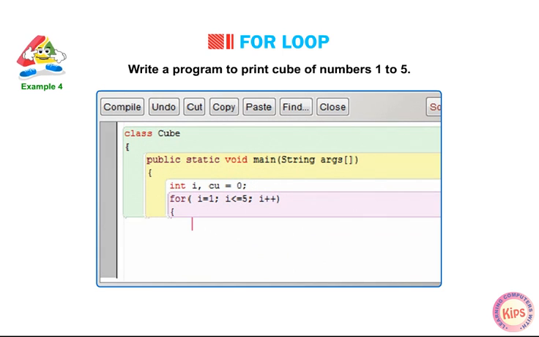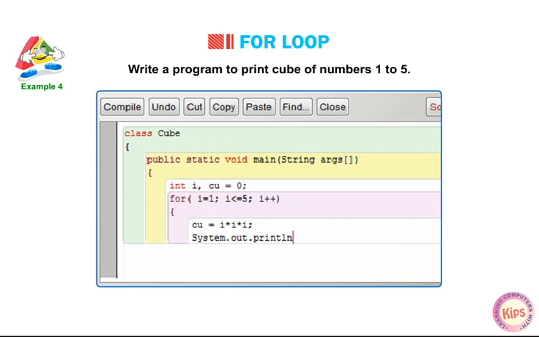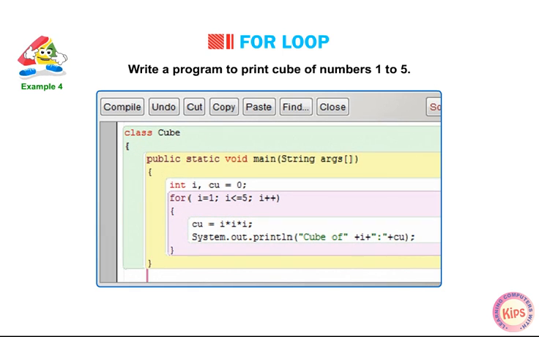{ cu = i*i*i; System.out.println("cube of " + i + ":" + cu); } } }